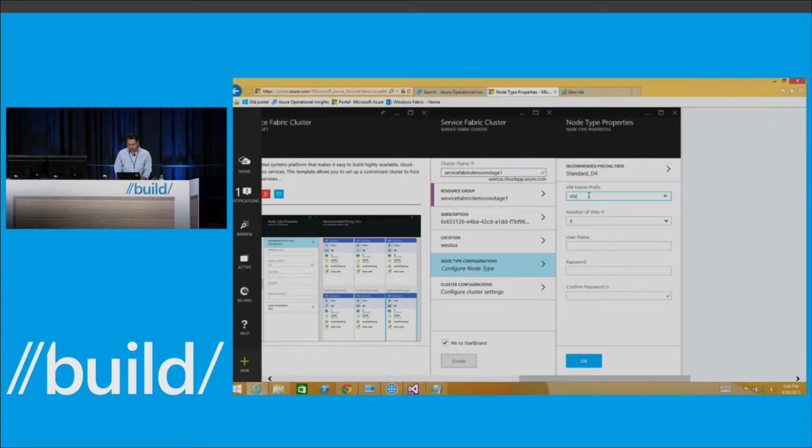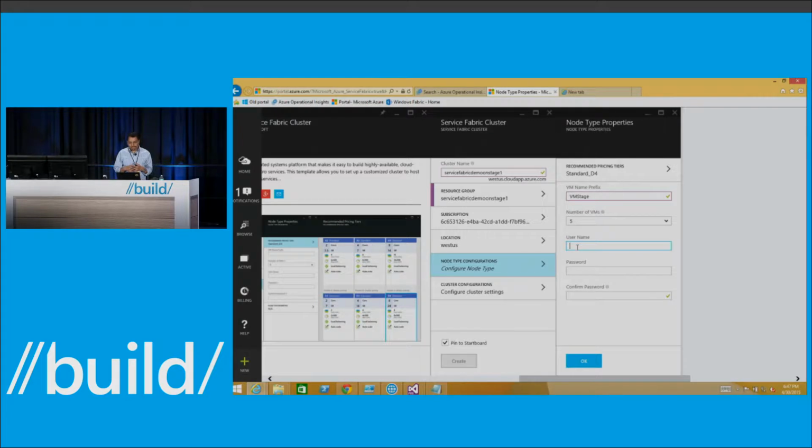So the name of the VM, you can just say this is the stage. This particular prefix is actually all it's used for: naming each of the VMs. So we actually generate names for you. The one thing you have to enter, since this Service Fabric will be built inside the IaaS VMs,